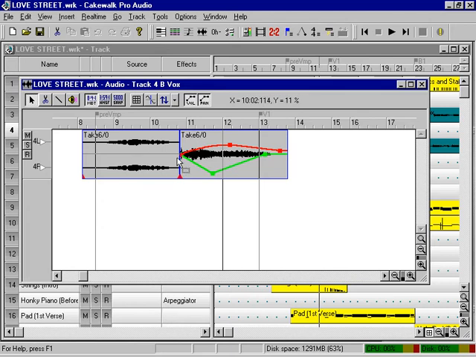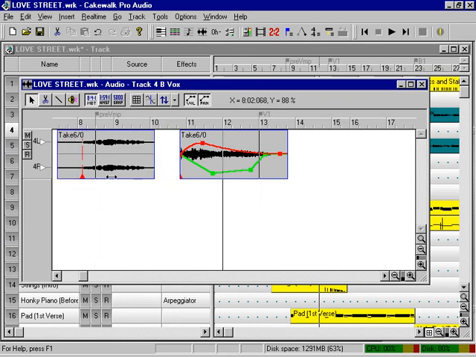Cakewalk supports vector-based automation for volume and pan of audio events. You can create envelopes of any shape by using a wide variety of lines and curves. You can also specify an anchor point for each audio event, which will be used when dragging events, quantizing, and so on. Cakewalk has many flexible zoom features, such as lasso zooming,